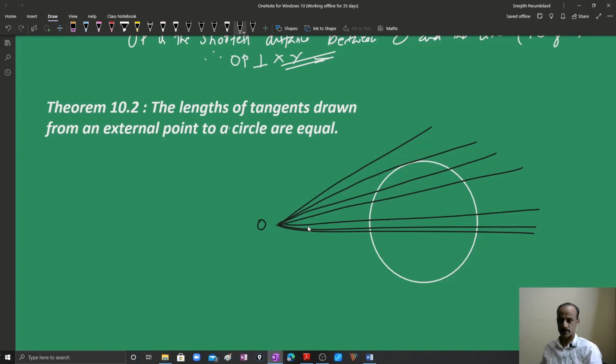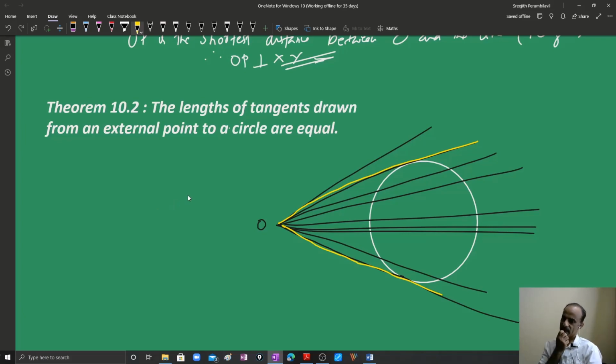When you draw this, you can see that out of them, two lines are special. What is the speciality of these two lines? One is this line, and the other one is the second line. That means there are two tangents that can be drawn